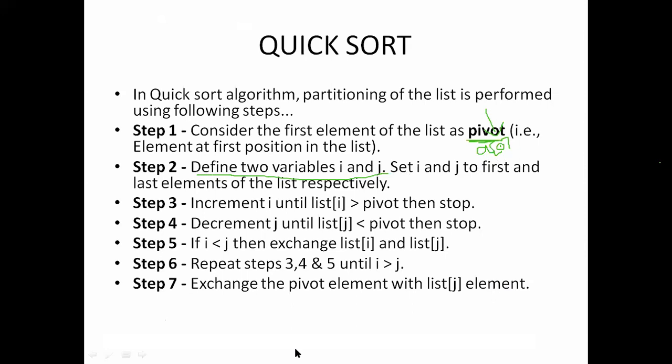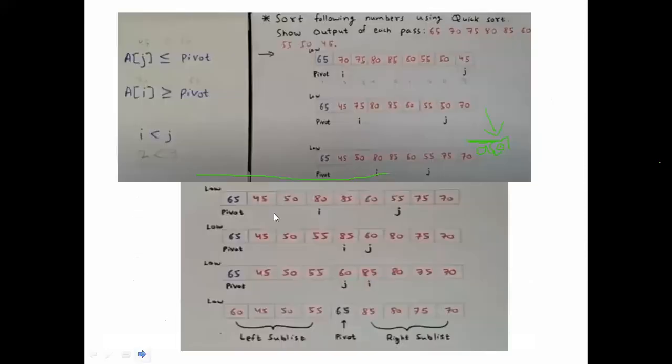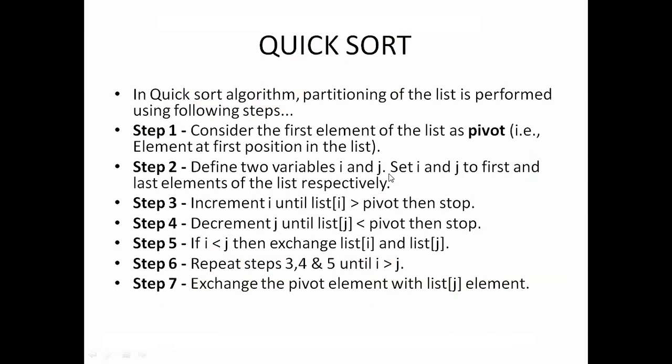So this is my low, and we call this a high. In this algorithm, A of 0 is taken as low, and the last element we represent as A high. In this example, I am taking the first element as the pivot, so that's why I leave it here. Then the next element we call the low element, which I am taking as i, and the last element in the array we take as the j element. Okay, so define two variables i and j.